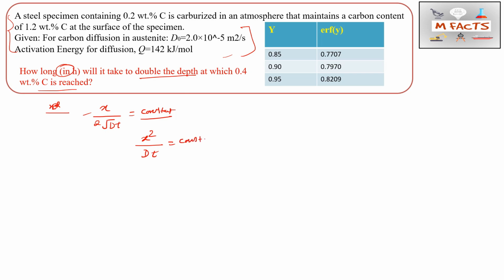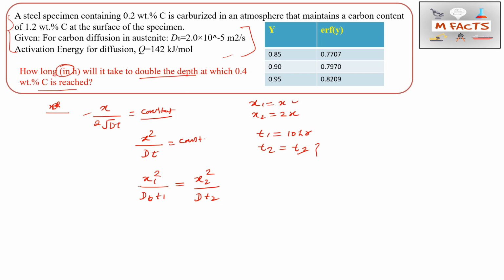Okay, so for this question x1 is equal to x, so we can take x2 is equal to 2x. Also we can take the x value that is given in the previous question, but we need not take it here because that will cancel out. Okay, so time t1 is equal to 10 hours, that is given. We can change it into seconds, but this is a ratio, so it is not necessary to change. Okay, so t2 we need to find, so we don't know this t2 value. So in this question they are asking this t2. So x1 squared by D t1, this D is constant, so we need not take D1, D2. Okay, x2 squared by D t2.